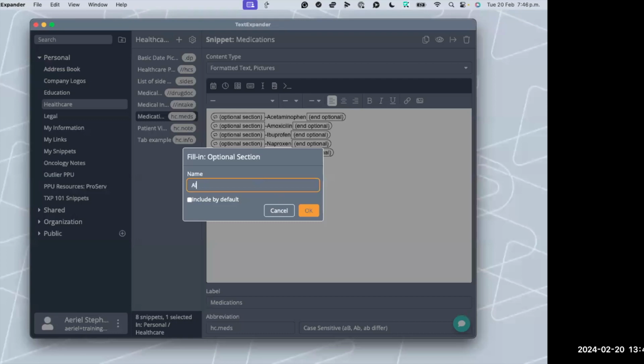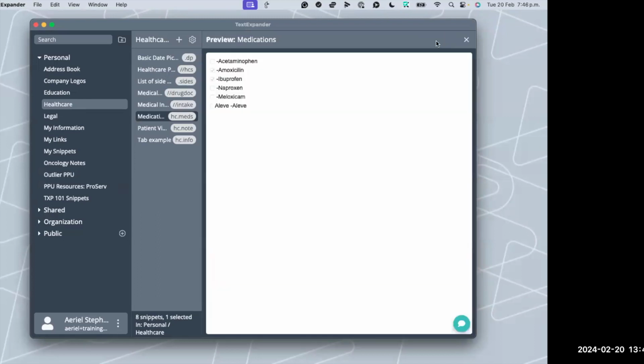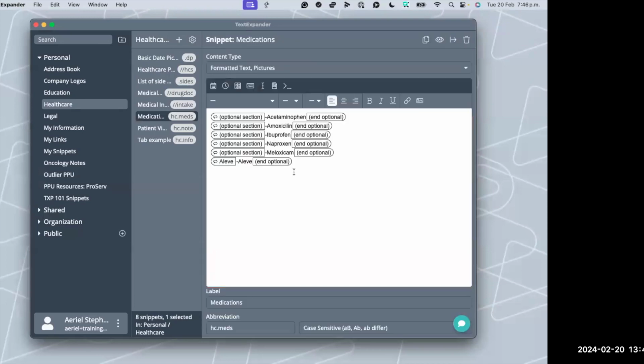So let's just do a leave, for example, and I will call this a leave. You'll see that it names it twice for no reason, even though this portion here is the only bit of text that will actually be inserted in your final expansion. There's really no need for you to see the name of the medication twice. So that's just a little side note for my power users out there.